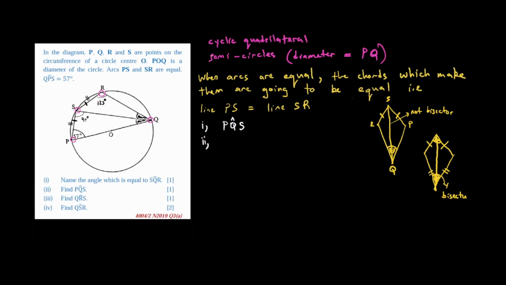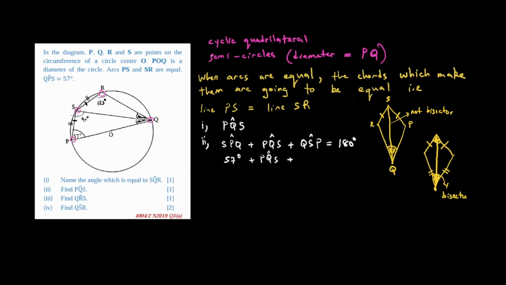So that one will be difficult for my friends. PQS, because here SPQ plus PQS plus QSP should be equal to 180 degrees. It's a triangle. But SPQ, given by the question, is 57 degrees, plus PQS, which we are looking for, then plus